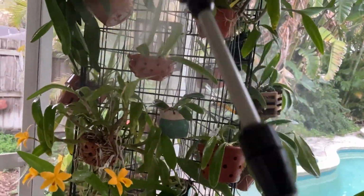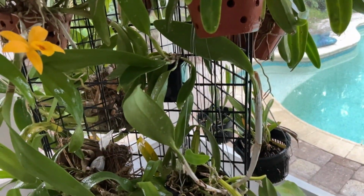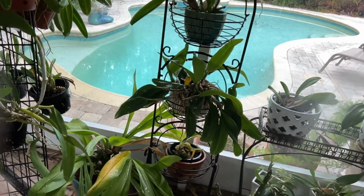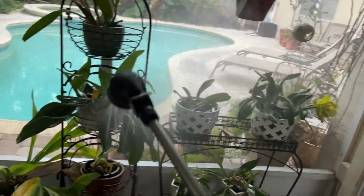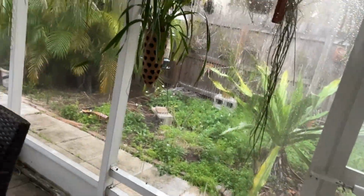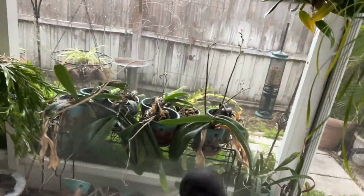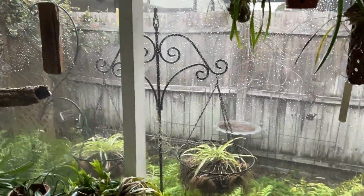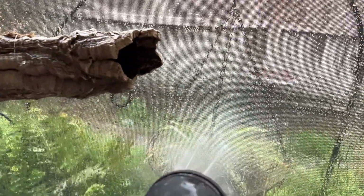They got a really good saturation yesterday, so I'm not here to saturate anybody. Although this guy, something's going wrong with this guy down here. This guy needs some water. And these guys are deciduous, so all they're getting is a slight mist while they're asleep. Okay, you get the point. Everybody got watered yesterday, so we're just going to do a little moisture in here. But I am going to get these folks because those,